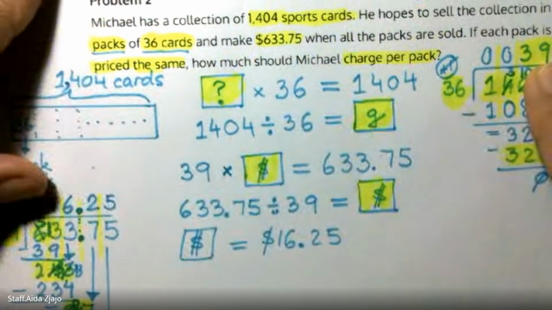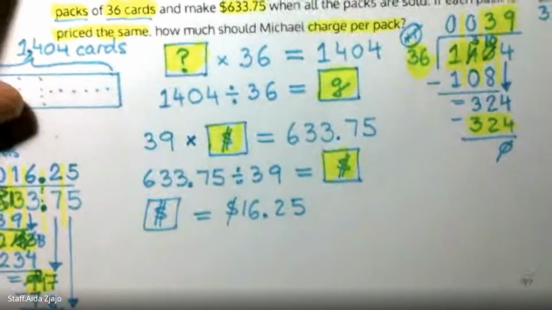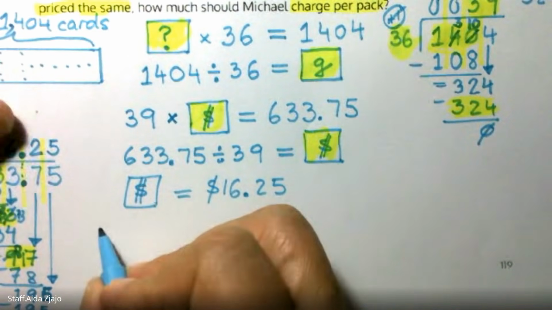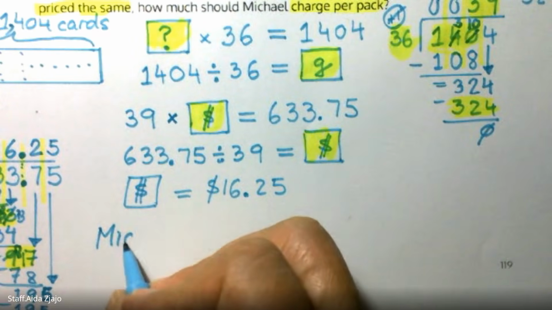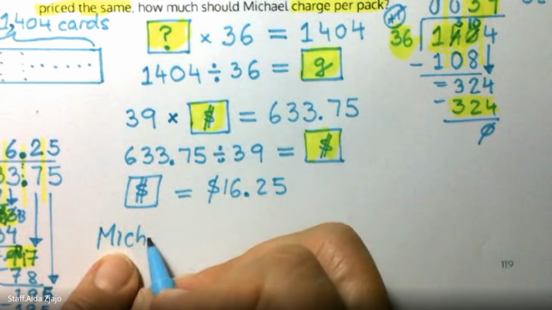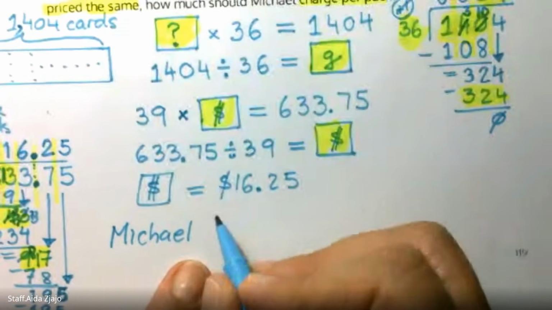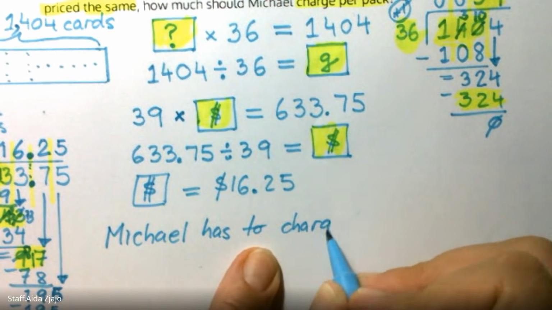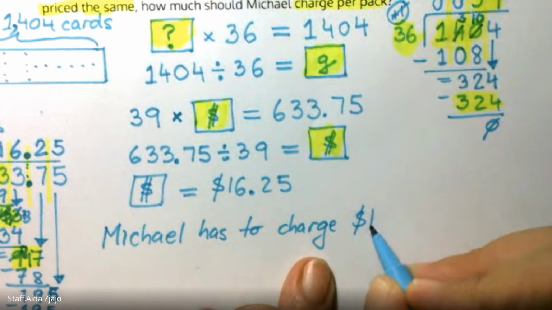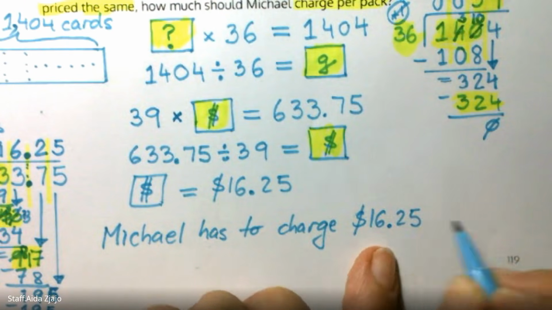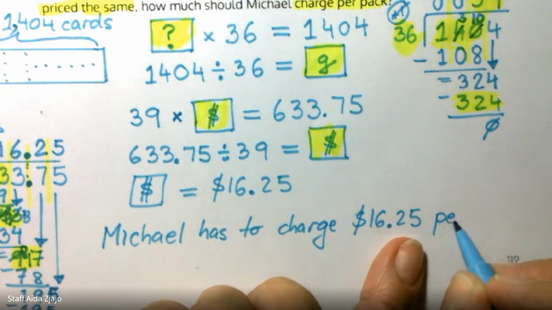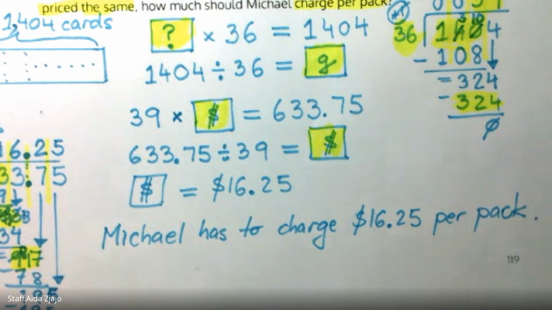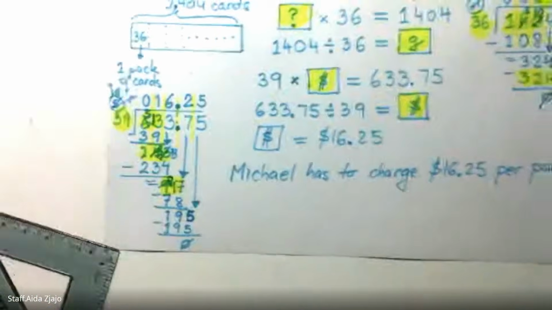All right, same like we did find that these are groups. G was 39, groups were 39. So now we need to answer the question: How much should Michael charge per pack? Michael has to charge $16.25 per pack. All right, and this was